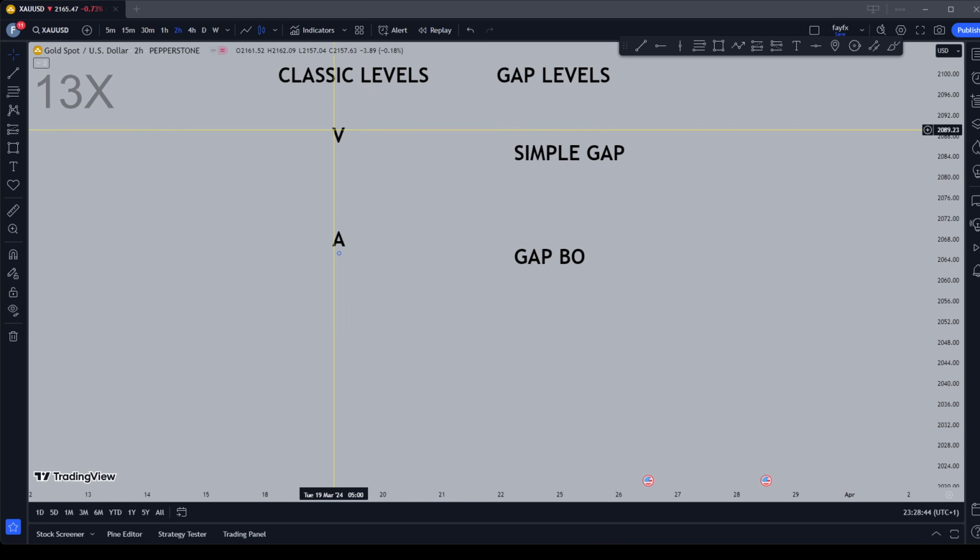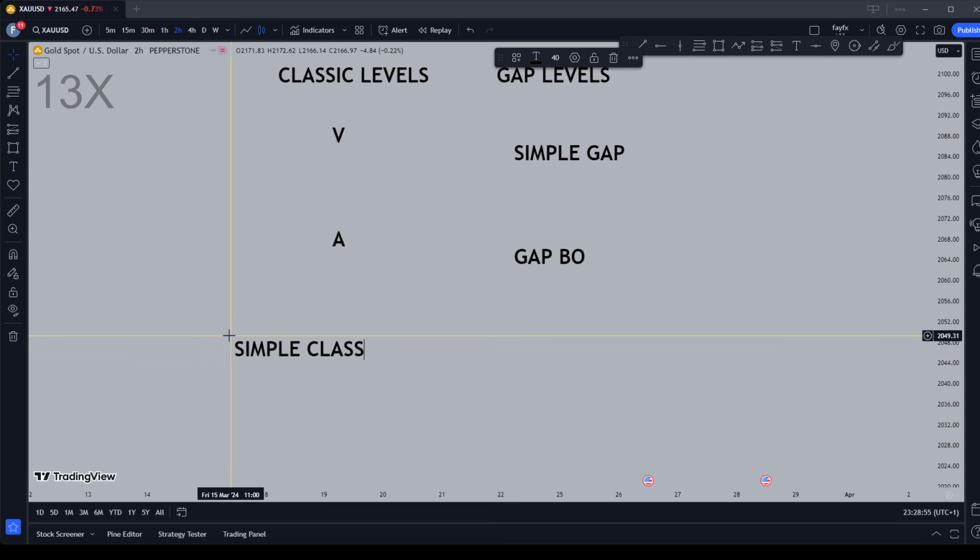We have a simple classic, V level and A level, a fresh classic, and a classic CC. What's the meaning? Classic CC is